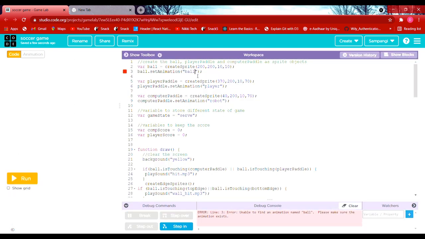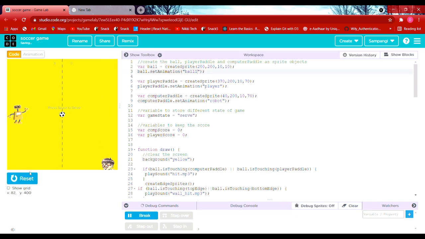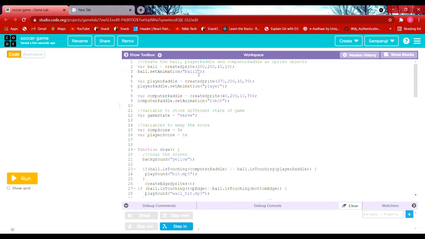Why? Because we have to give the image name. The image name is ball1, and run. Now you can see the ball image over here. So we have to type the image name like ball.setAnimation, open round brackets, double quotations, and then ball1.